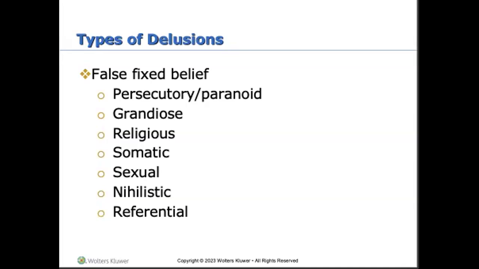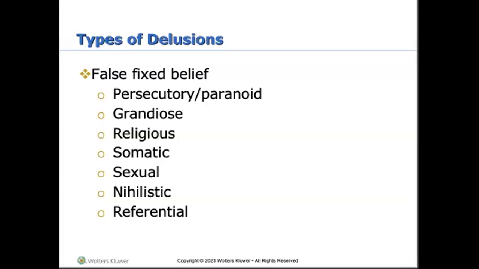When we talk about somatic delusions, these are generally vague. They're unrealistic beliefs about the client's health or body function. They might tell you that they have worms in their brain. And you might think, I'm going to do a CAT scan and show them the images of their CAT scan, and they're going to then see that there are no worms in their brain. And you can give them all the proof in the world. It's not going to stop that false fixed belief.